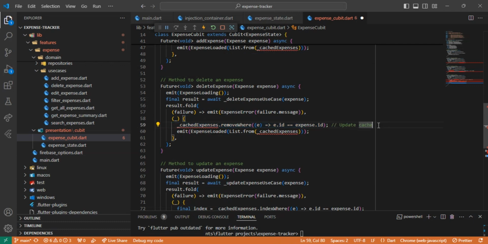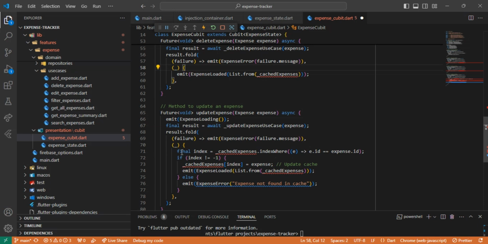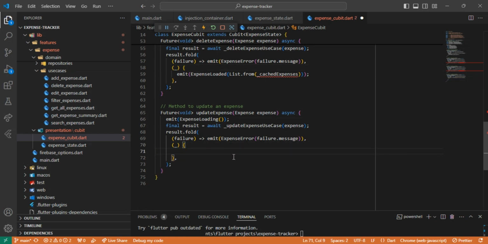You have to make sure na yung pinakadulo talaga naka-highlight para ma-delete siya. And then everything right here, wait lang, I will delete everything dito. Tapos okay, so I will just start na lang with the update expense, kasi di ba, we're not going to use expense loaded, but rather we will use emit